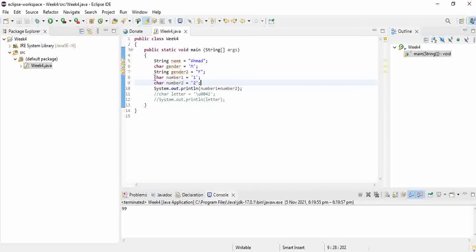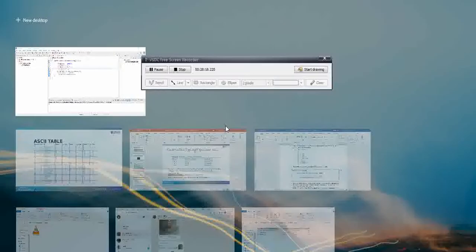Because I put char here lah. Okay. And then the number is enclosed with single quotation here. Single quotation ni. Okay. So ini adalah character, not a number. Okay. So by referring to the ASCII table,